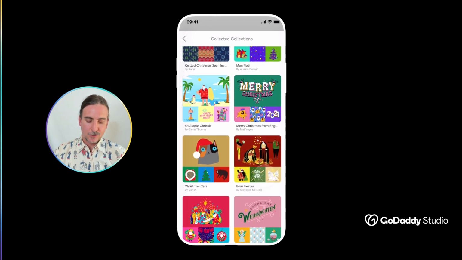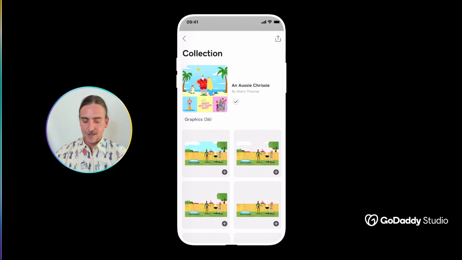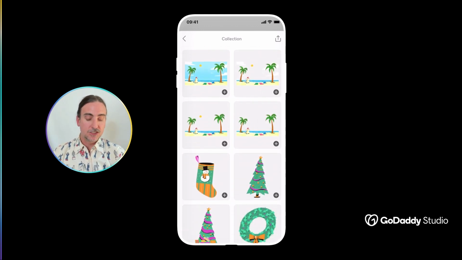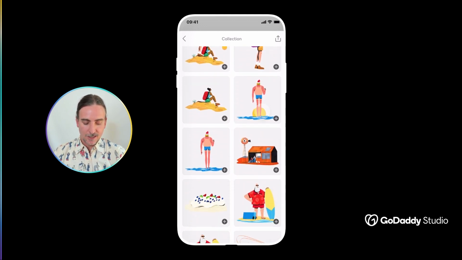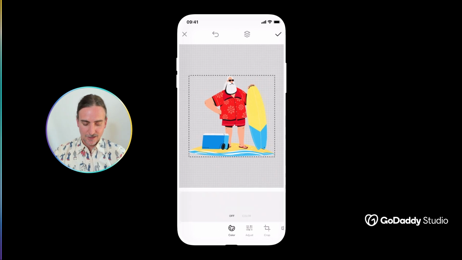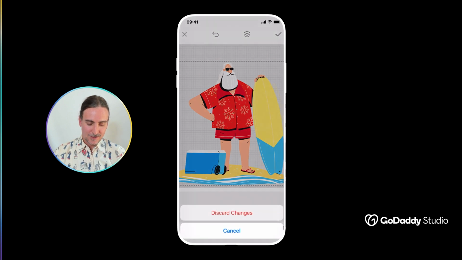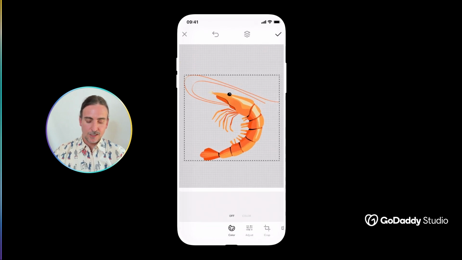And then just wrapping up our tour of Southern Hemisphere Christmas, I would definitely suggest checking out An Aussie Crizzy by Glenn Thomas. And again, you'll see scenes of backyard barbecues, the beach, very much the spot that everyone goes to on Christmas, being summer in Australia. And I really love the Australian Santa Claus that he's created for us. This guy looks really laid back with his surfboard, his sunglasses, and I think they call that an esky in Australia, that icebox full of beers. There's even, in fact, in this Australian Christmas pack, a shrimp, which I presume gets thrown on the barbie around Christmas time in Australia.